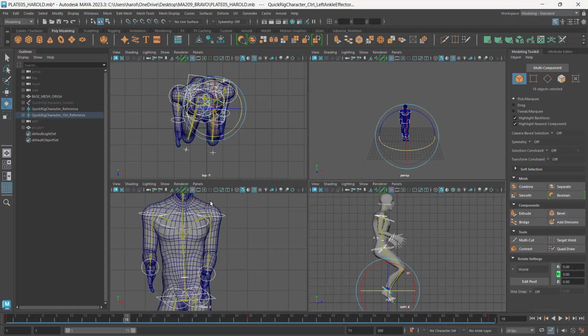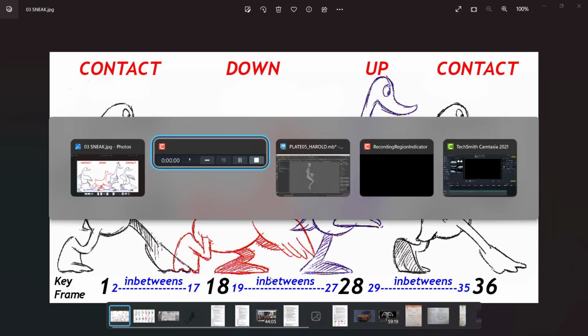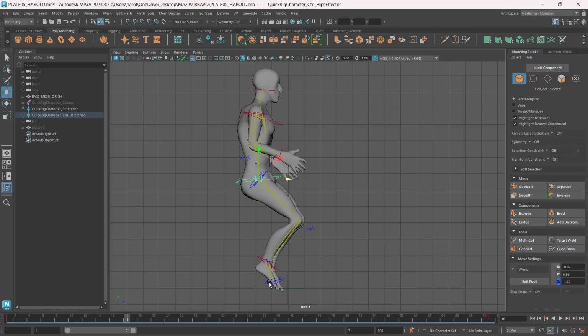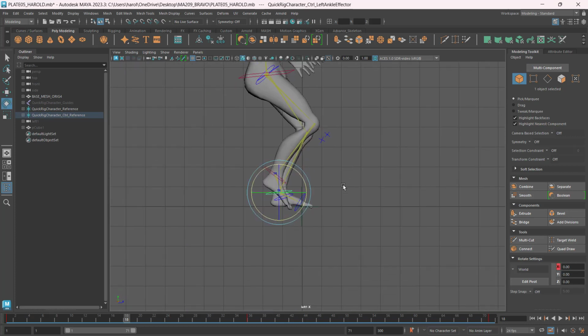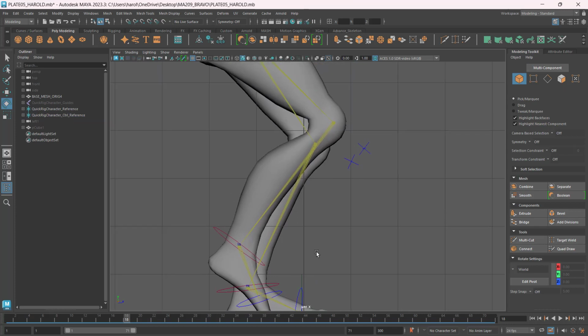So I'll just go to my character, and let's say we first position the footing. So the inner foot, the left foot, this one's going to be flat on ground. So let me just drag that down there. Press E, flatten it there. And also this one. After being flattened,